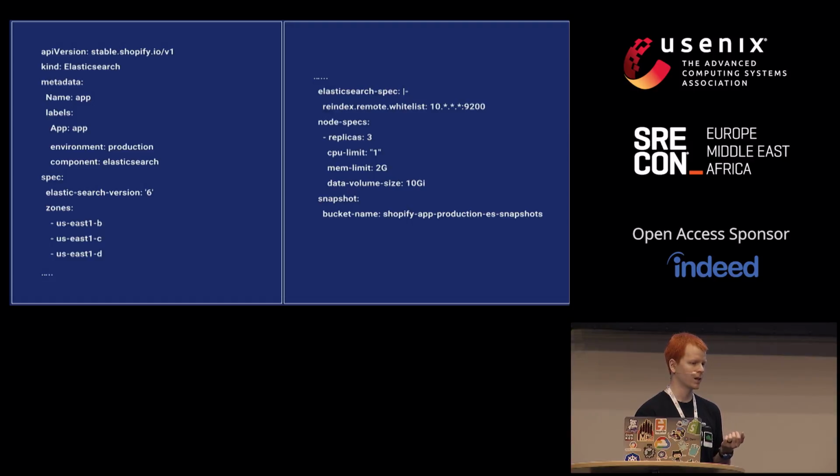So for example, there's Elasticsearch version. If our developers want to use 7 instead of 6, I'm not familiar with ES, by the way, so I don't know if 7 even exists, but if 7 exists and they want to upgrade, they change the number 6 to 7, the update call comes to the controller, and the controller can then, in the reconciliation, do whatever it wants, however gracefully, however you want to do those operations.